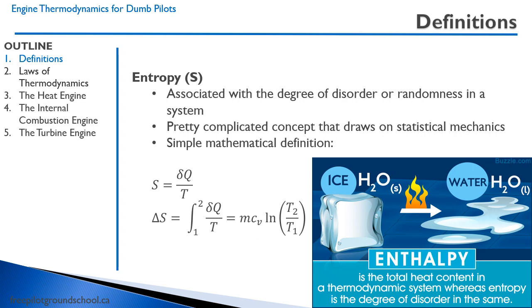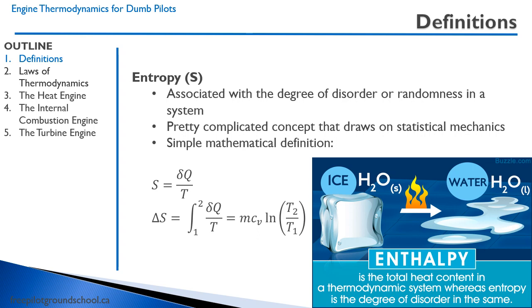But it does end up drawing on what's called statistical mechanics or probability, okay? So we can have ice, which is low entropy because it's in a crystalline form, and then it becomes water, it becomes more disordered, okay? And so here's the mathematical definition. It's not a simple mathematical definition, but basically the entropy is going to be your heat divided by your temperature,